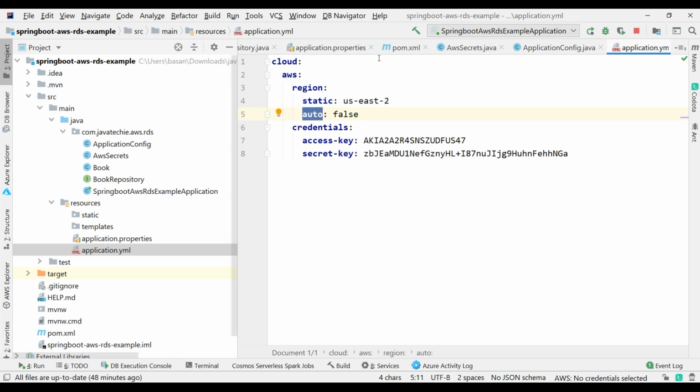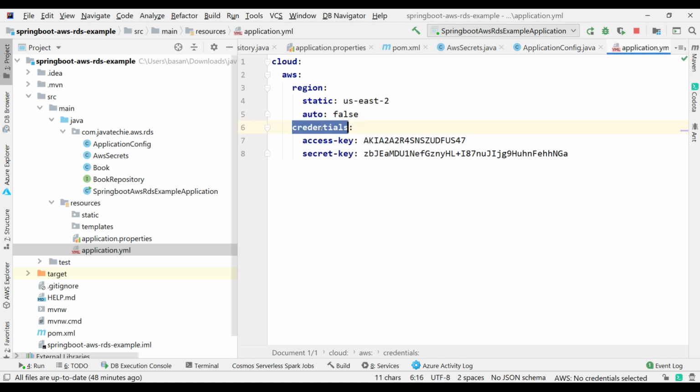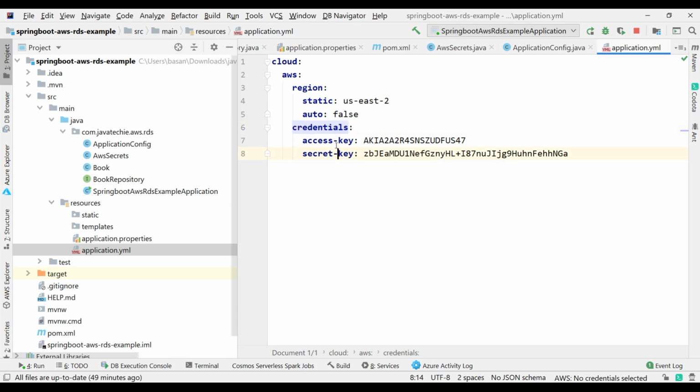So let me go to the code: cloud.aws.credentials.accessKey. Okay, let's go to the application.yml file. Let me copy this. Also let me copy this.